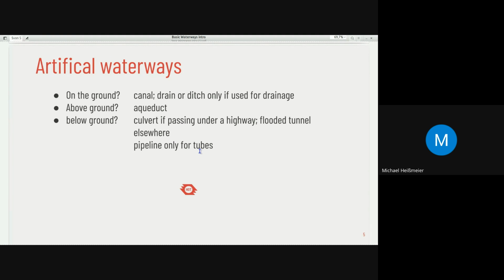So, for instance, when you've got a path intersecting with a highway, you will very often encounter a ford. I also recommend having a look at the wiki page, because there are also some additional parameters. For instance, there might be stepping stones in a path ford, which make it easier for you to cross if there is at least a little bit of water.